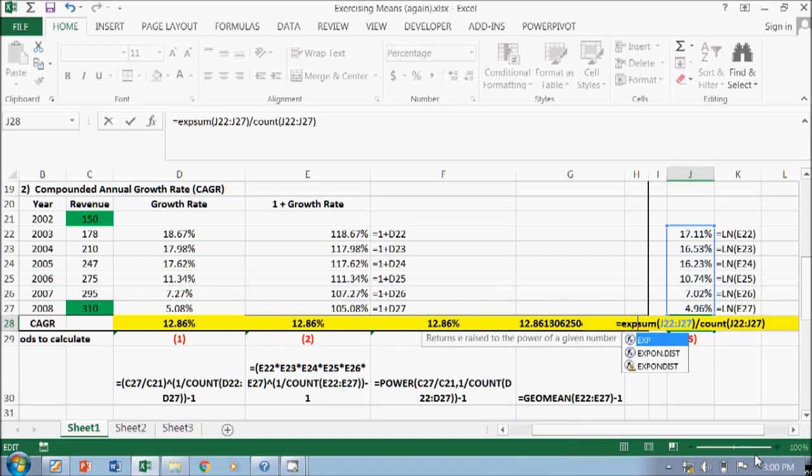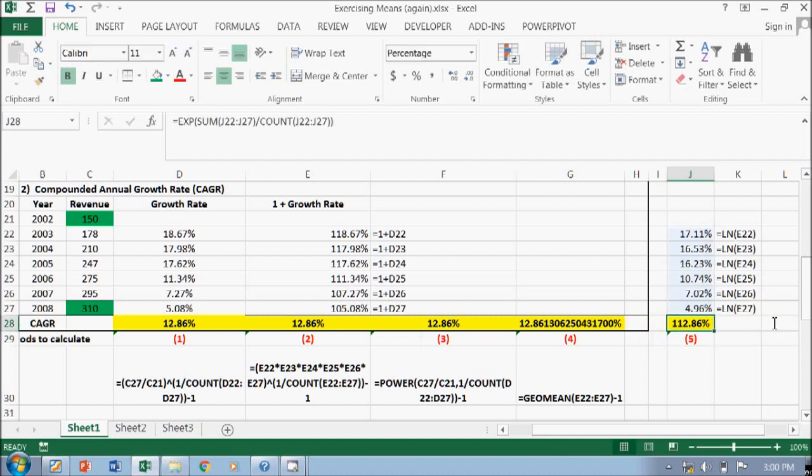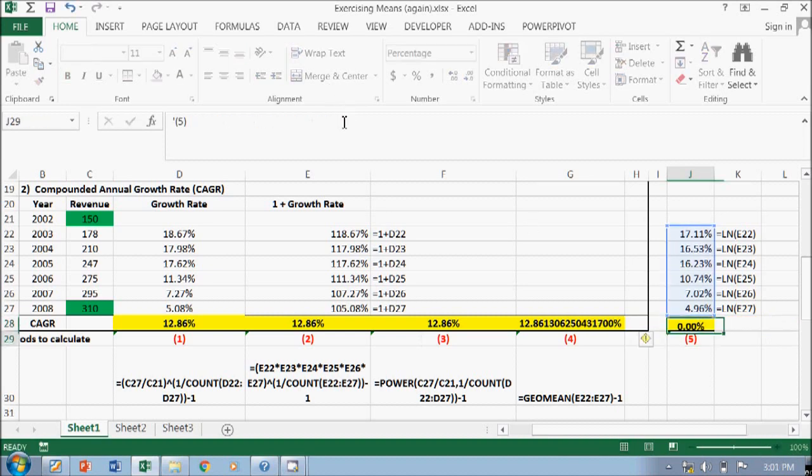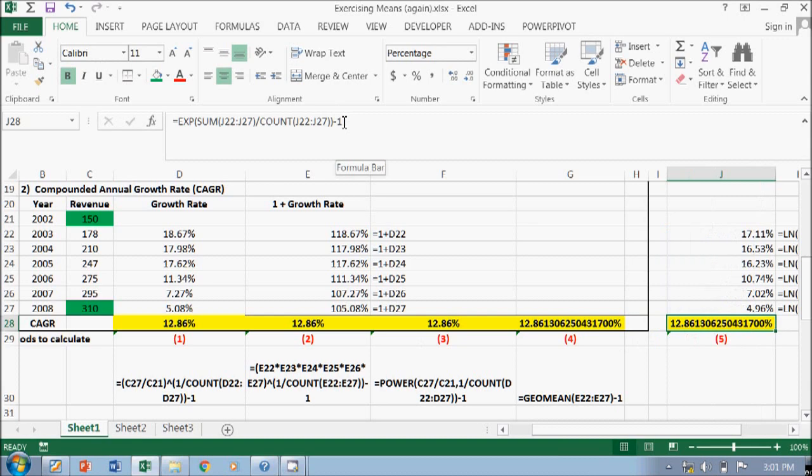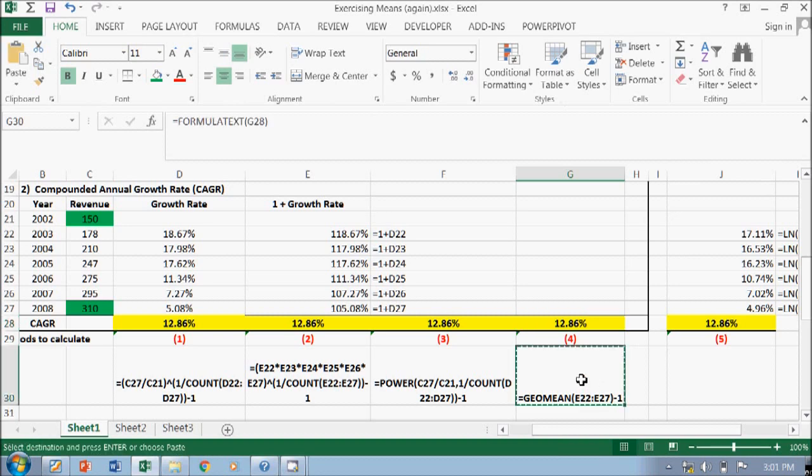And then I put it back. Yes, and then you minus 1. Yeah, interesting. So just copy the formula so you can see the formula.